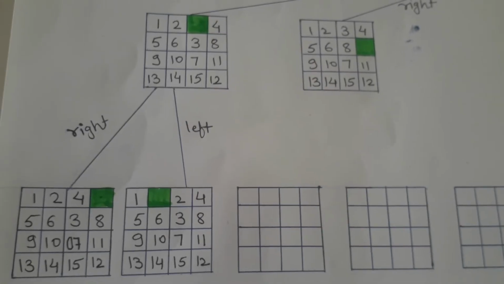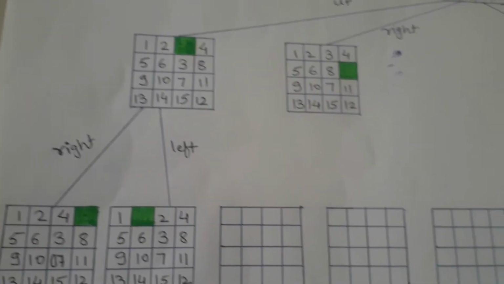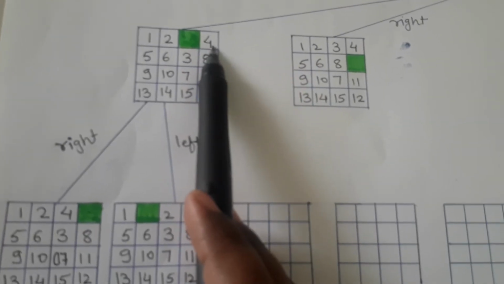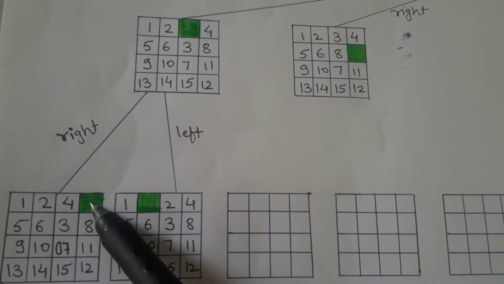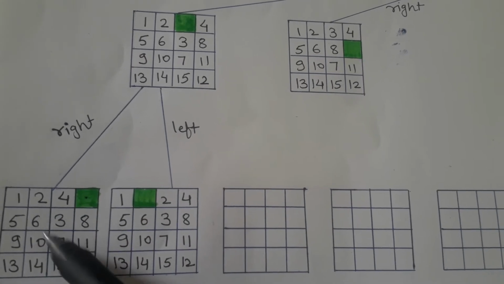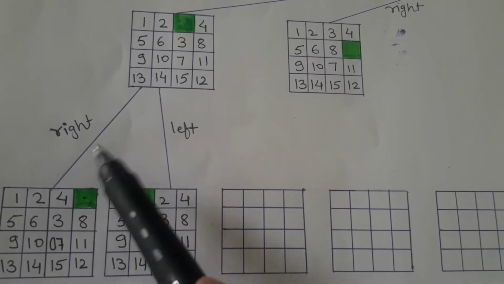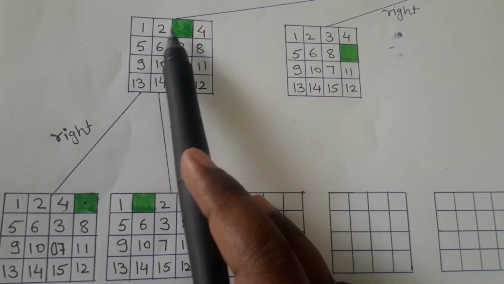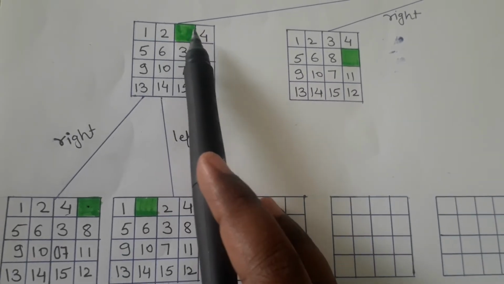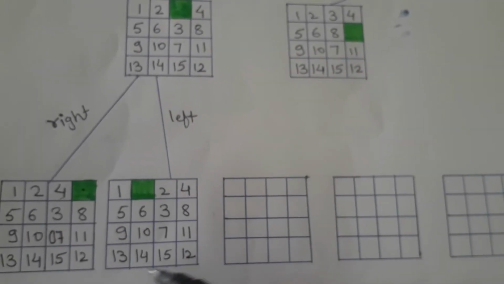When we move this 4, which is in the right direction, to this empty spot, we will get this state. The other tiles remain as they are, only these two tiles will be changed. And when we move this left side tile 2 to this empty spot, we will get this state.